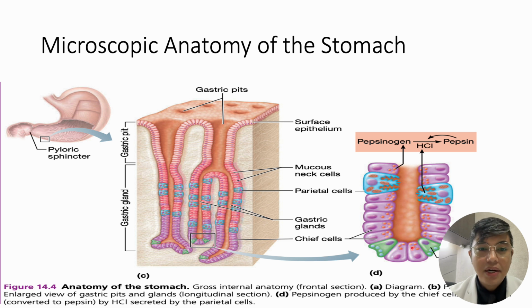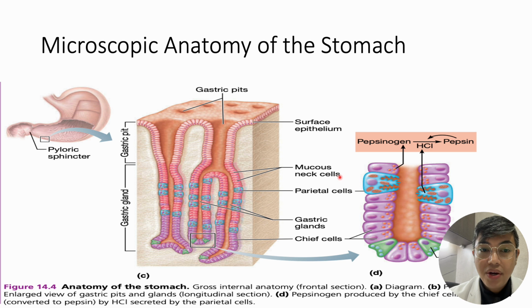As you can see here, okay, you have here your pits. So, nandito tayo sa mucosa. Okay, mucosa ng stomach. So, you have here the gastric pit. Okay, at mas malalim pa would be your gastric gland. Remember that your gastric gland will be composed of several cells. So, makikita mo halo-halo sila dito.